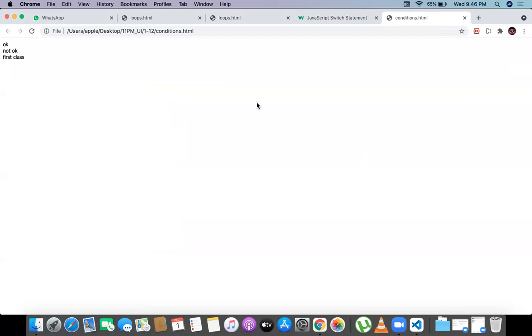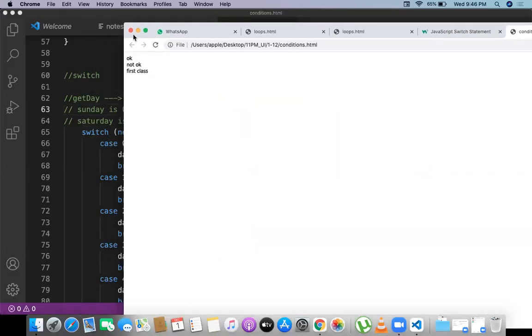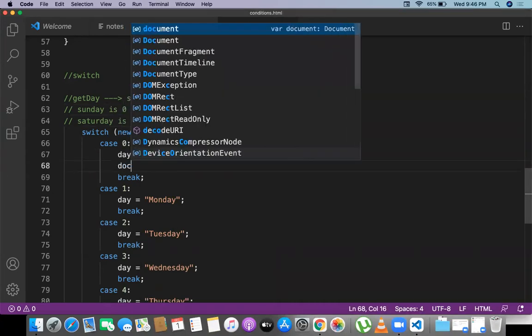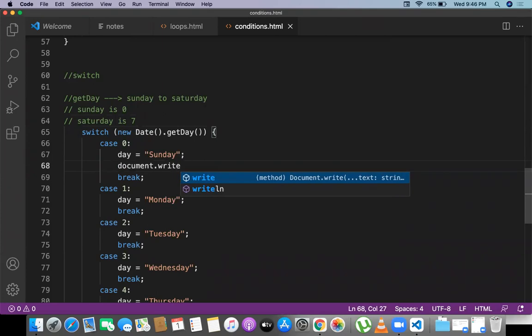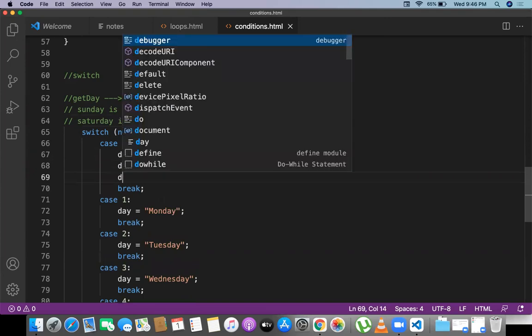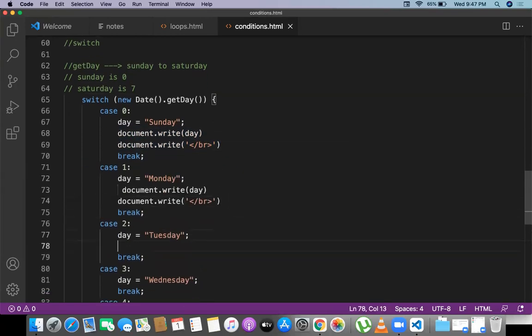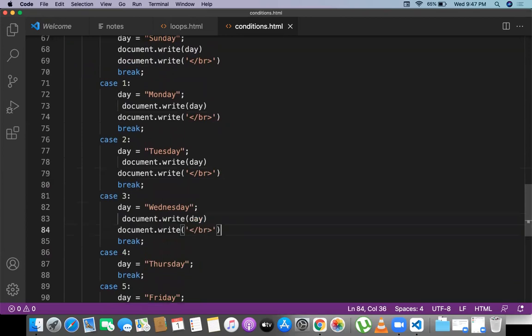So finally, what is the output now? I am not able to see any output from the day. So okay, document dot write day. Every time you write a program, try to remember that document dot write is very useful to understand the flow of the code. And then we need to have a break. Every time you have to print this; without printing I am not able to see any output in the browser. The browser can understand only DOM level elements.